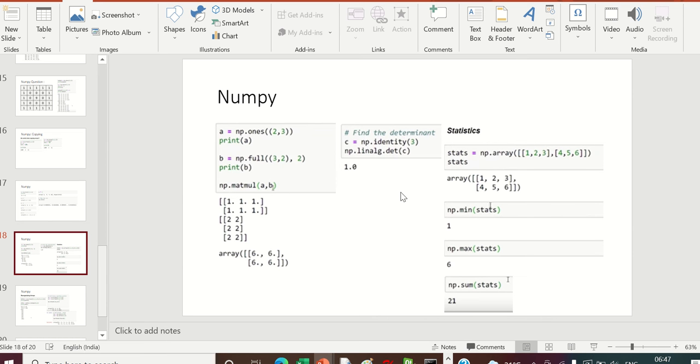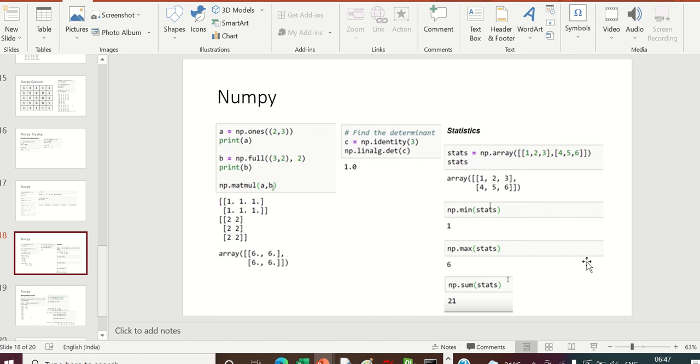For the determinant of a matrix, if you want, use np.identity, and then you can find the determinant of that particular matrix using the command linalg.det of C. Then since it's an identity matrix, we should get determinant as 1.